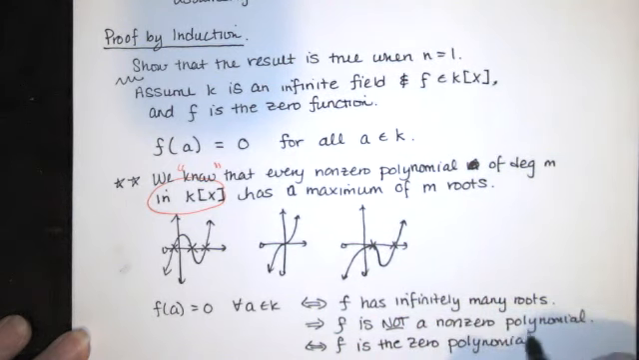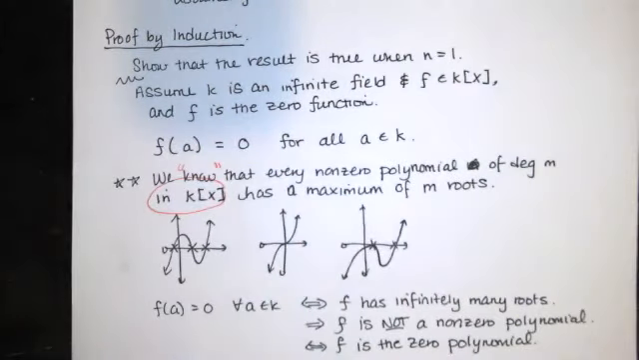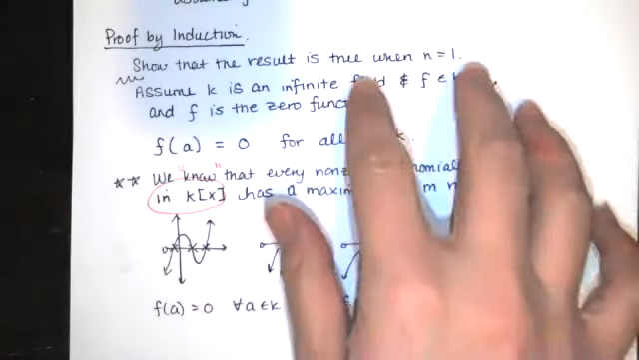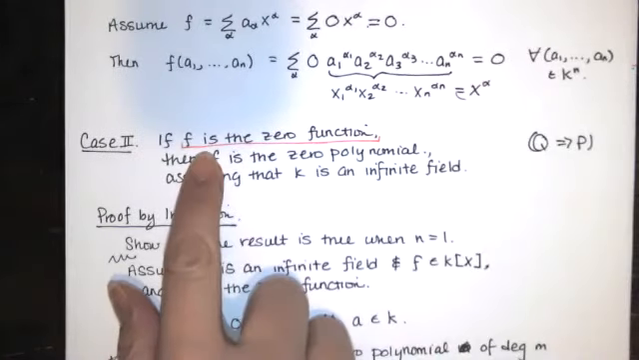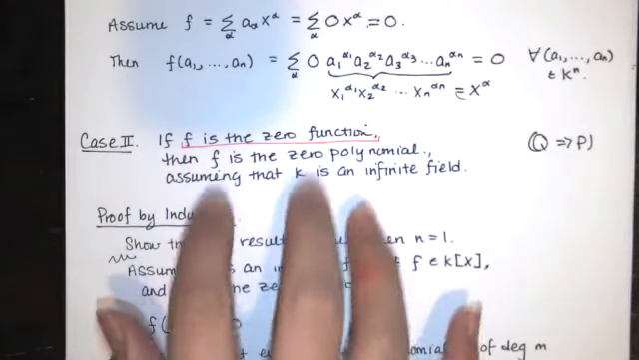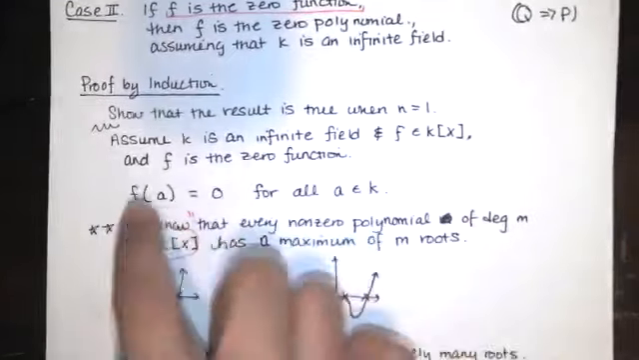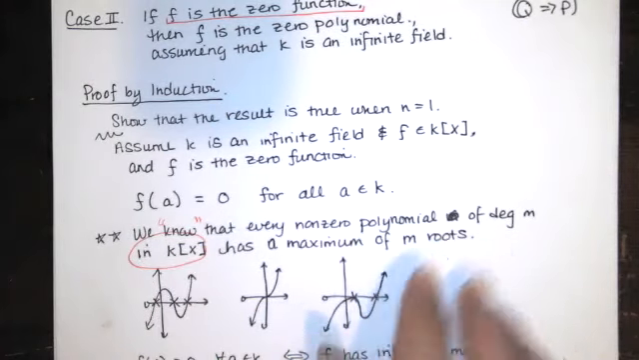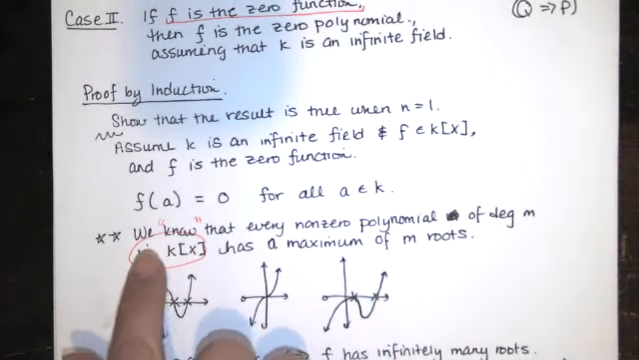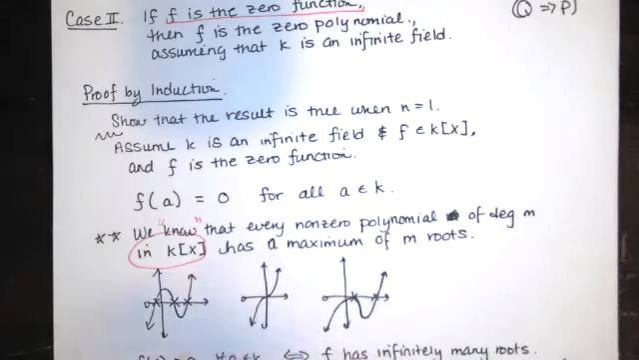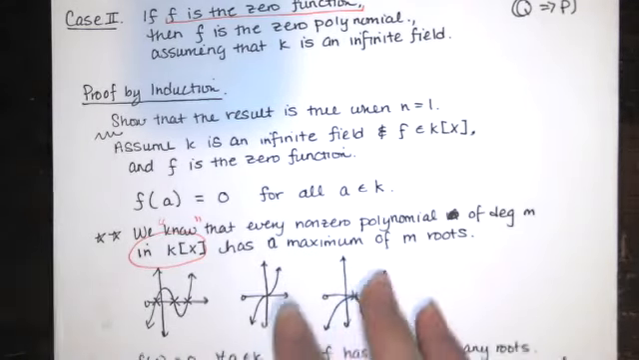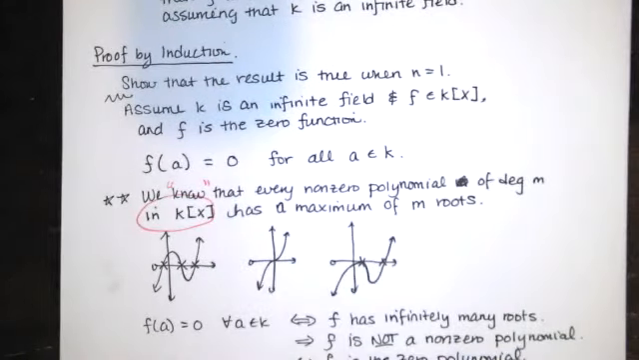So based on this assumption that we may or may not make, which may or may not have been a fair assumption, we know that this result, that if f is the zero function, then f is the zero polynomial, is true when we're dealing with an infinite field k, and provided that this fact is true, that every non-zero polynomial of degree m in this set here has a maximum of m roots. And again, it appeals to our intuition based on what we've studied and what we know about polynomials already. Okay,